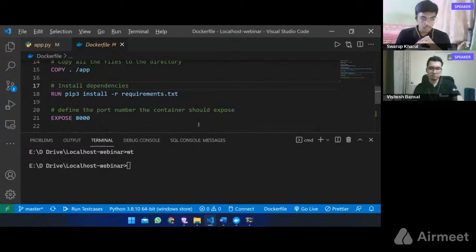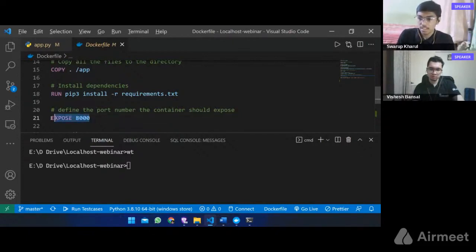After that, the next thing we need to specify is the port number that needs to be exposed. Since our FastAPI is going to run on port 8000, that's why we'll indicate it here. What does expose mean? Whenever we run our application inside a container, the container's 8000 port will run our application, not our local machine's 8000 port, right? So in order to get access to that 8000 port, we need to expose that port from the container.